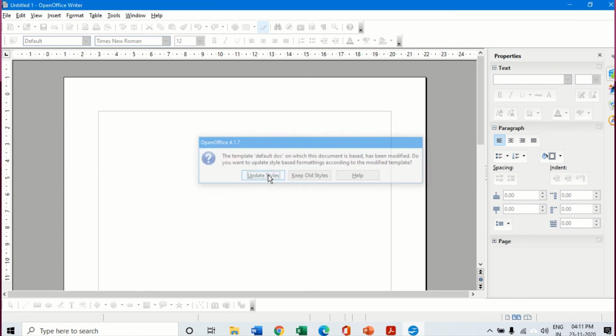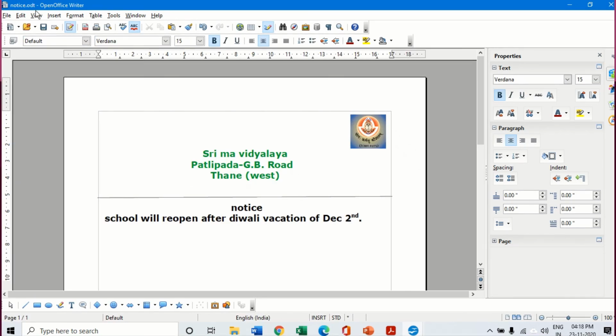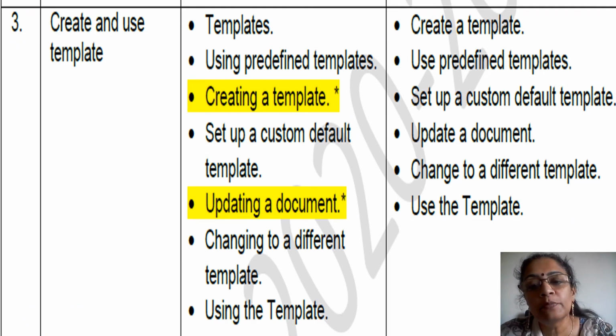If I say update style, the notice file which was open, which previously did not have this formatting, has now opened with the updated template formatting. So this is how we can update our templates. After we have finished making a document, we can update the document with the changes which we have made to the templates. So with this, we come to the end of this particular session, that is session number 3,